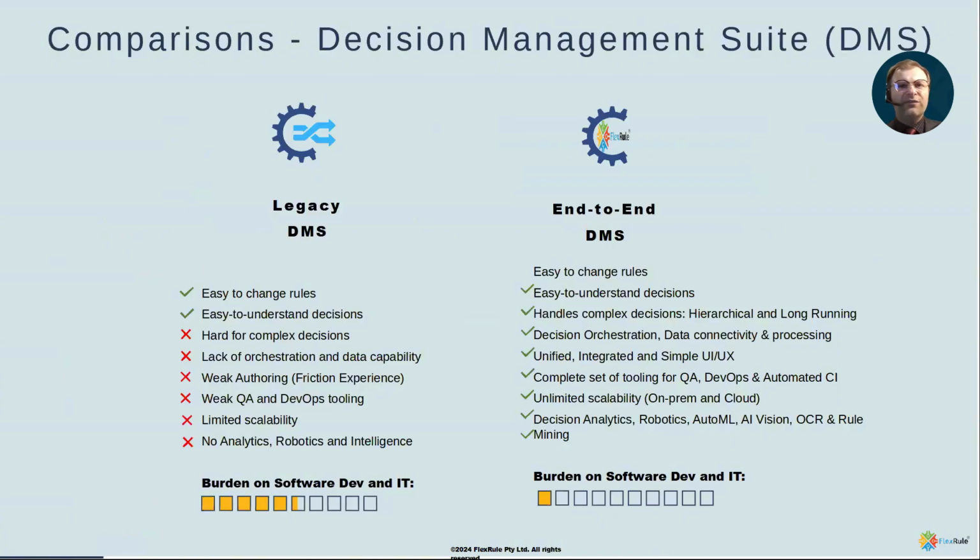So how does FlexRule overcome legacy decision management suite's limitations? FlexRule was created to address these shortcomings. The end-to-end decision management suite covers the pre-work and operationalization of decisions. FlexRule is also DMN Conformance Level 3. So what does that mean, DMN? It's Decision Model and Notation, a standardized approach for decision modeling that promotes consistency, interoperability, and best practices across various